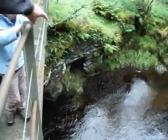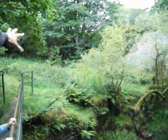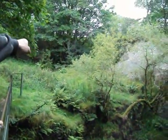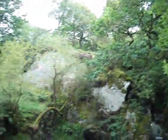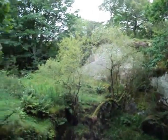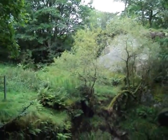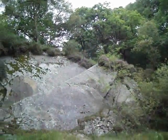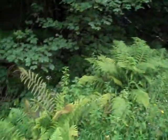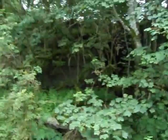If you look down in the corner here, you can see where the water would have emerged after powering the mill building, which should have been over there. You can't see it, and a stream of water was diverted down the hillside, and there was a leat there that would have powered the mill wheel. So if we go over there, we can actually see where the mill wheel actually was. Okay. There. The water was diverted down the slope here, and then if you follow it down, here is the pit where the mill wheel would have been housed,